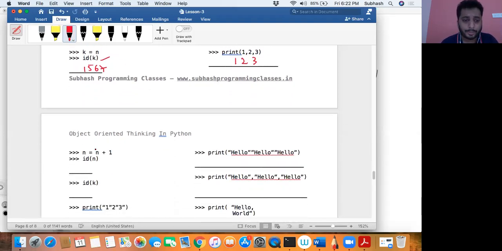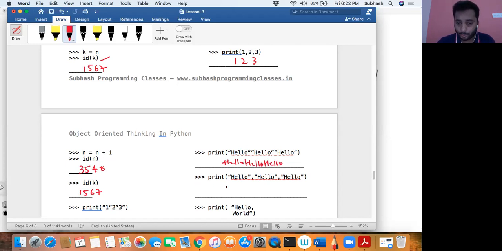And then in this case I'm saying n is equal to n plus 1. As I told you, it will now start pointing to the next location, therefore you will get some different memory location like 3548 or something, but k will still be pointing to the old location 1567. I just explained the previous concept like that. So the output for this would be hello, without space, hello, and then without space, hello.